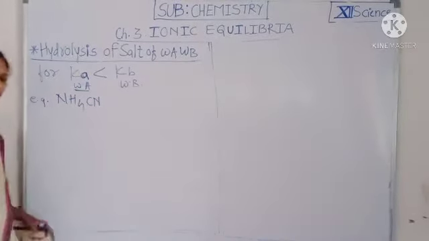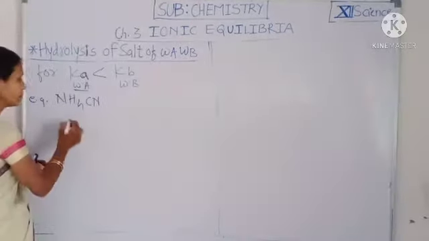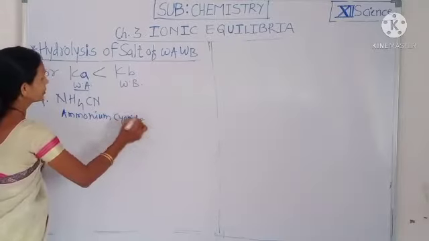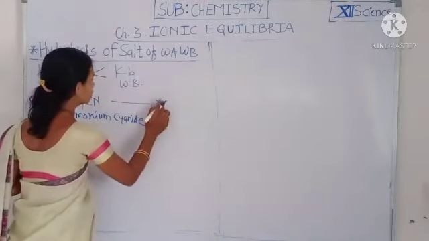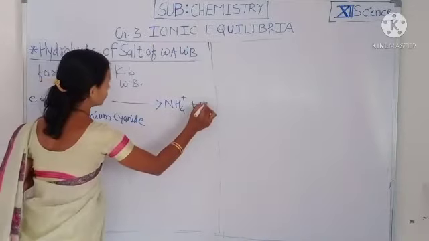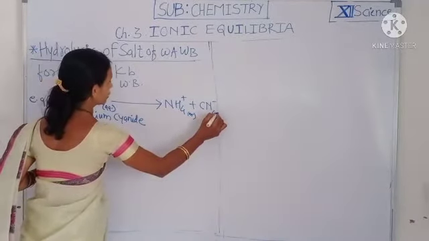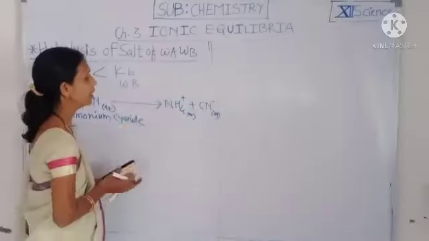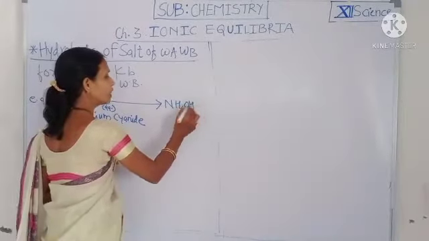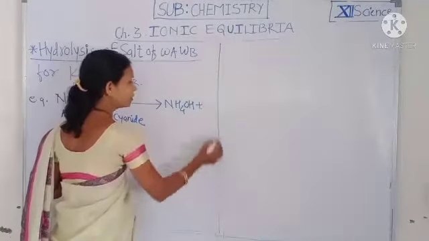The example of this type of salt, that is salt of weak acid weak base, for which Ka of weak acid is less than the Kb of weak base, is NH4CN, that is ammonium cyanide. Ammonium cyanide undergoes dissociation completely to give NH4 plus and CN minus in aqueous medium. But the NH4 plus ion interacts with OH minus ion of water and gives NH4OH, and the CN minus ion interacts with H plus ion or hydronium ion to give